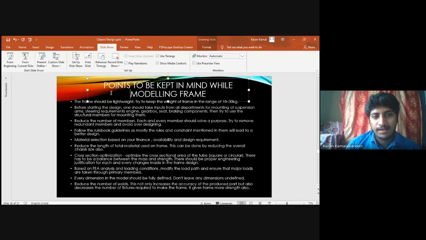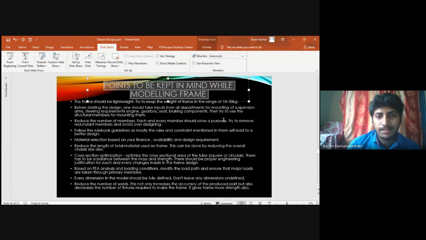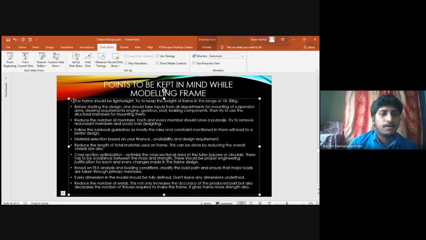Yeah, next thing, it is the most important point I think while modeling the frame. What are the objectives or requirements that you should think about before going for a design? These are points I added based on my experience. The frame should be almost lightweight only. Try to keep the weight in the area of 80 to 30 kgs, because